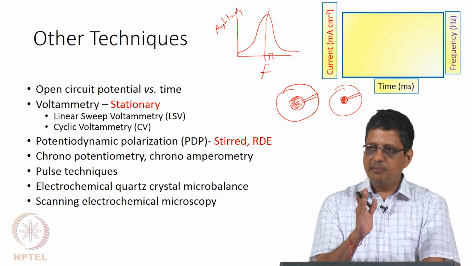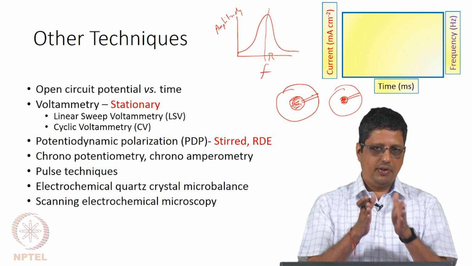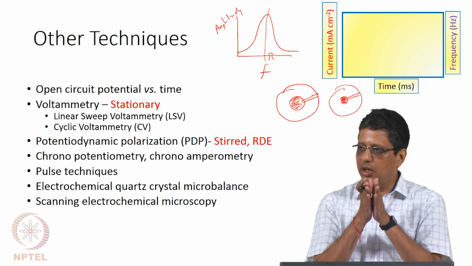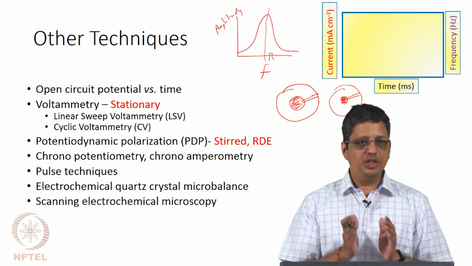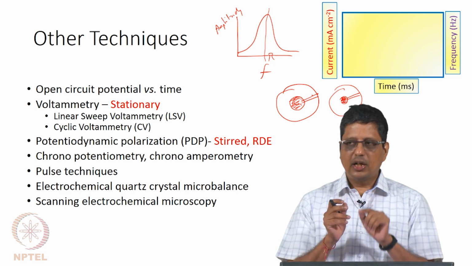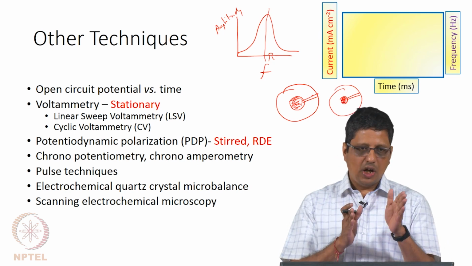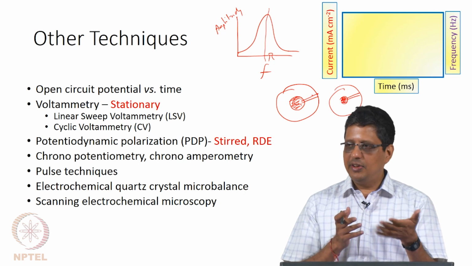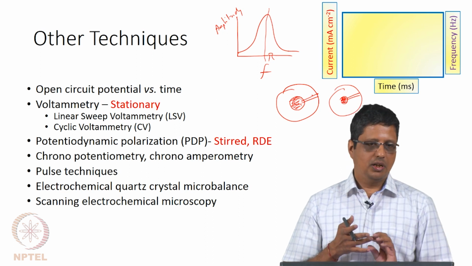The current that I measure is the total current. What we want is zinc deposition, but when we go to that potential, hydrogen evolution will also happen. We want to know how much is the efficiency of this process, means how much current goes into deposition. So, if I use a quartz crystal microbalance and control the potential or current, and on top of it I measure the frequency, I can say how much is the mass change. Hydrogen will evolve as a bubble and go out, it will not contribute to the mass. Zinc will contribute to the mass.